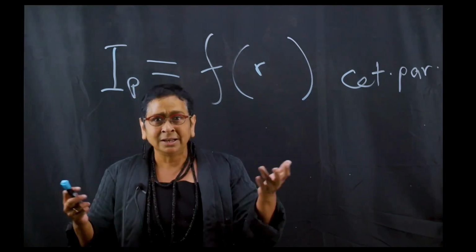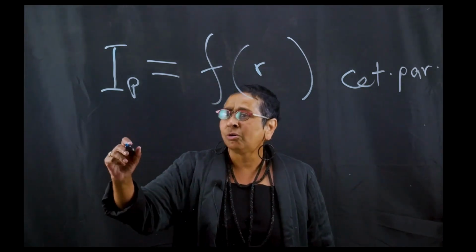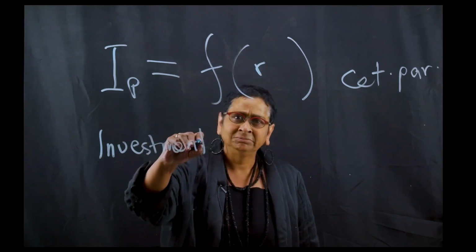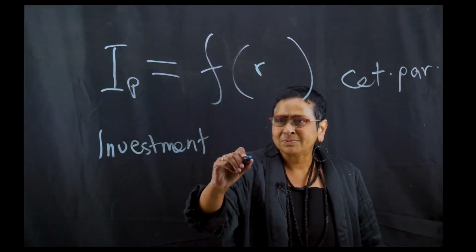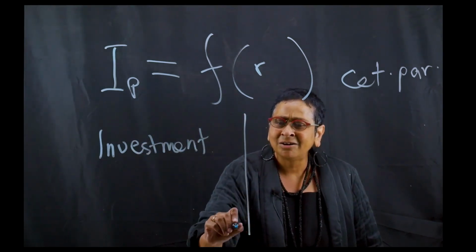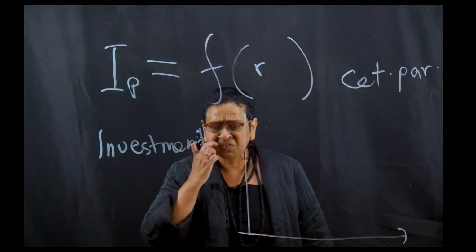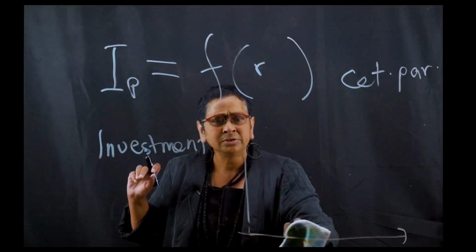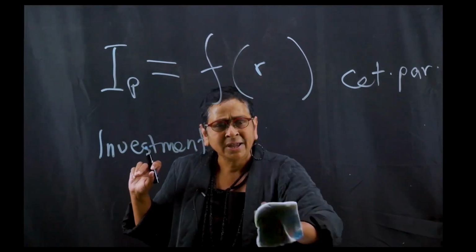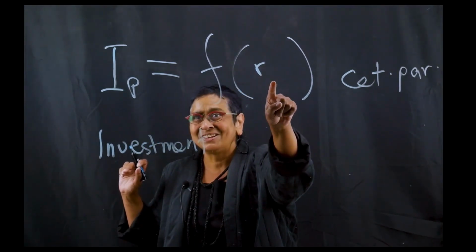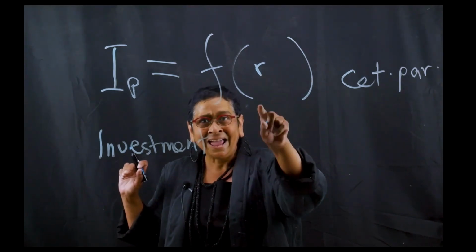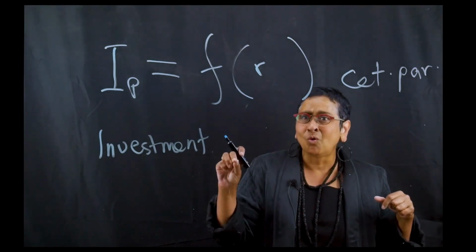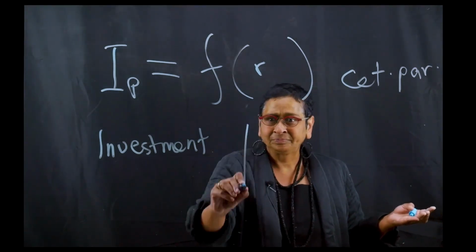So with that in mind, let's just say what firms have is what the book calls an investment schedule. Sometimes it's called an investment schedule, an investment plan. And this is an idea of the level of investment that a firm may wish to engage in, right? So what you do is you've got certain plans, and what you're going to say is that it depends on the rate of return, all right? And as the interest rate drops, what that would mean is that more and more types of investment,